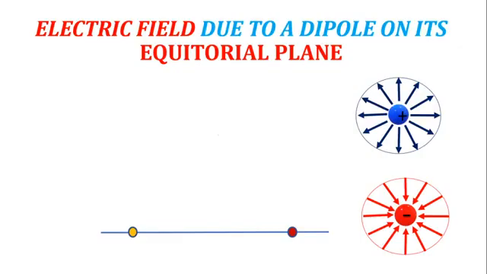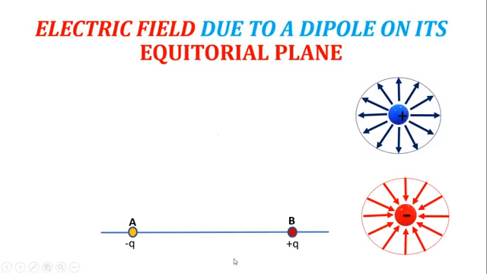See, we know that any charge, positive or negative, creates electric field lines, and this positive charge produces electric field lines protruding outwards, and the negative charge produces a field which comes towards the charge, right? We know that. Consider a dipole with minus q and plus q at points A and B, and